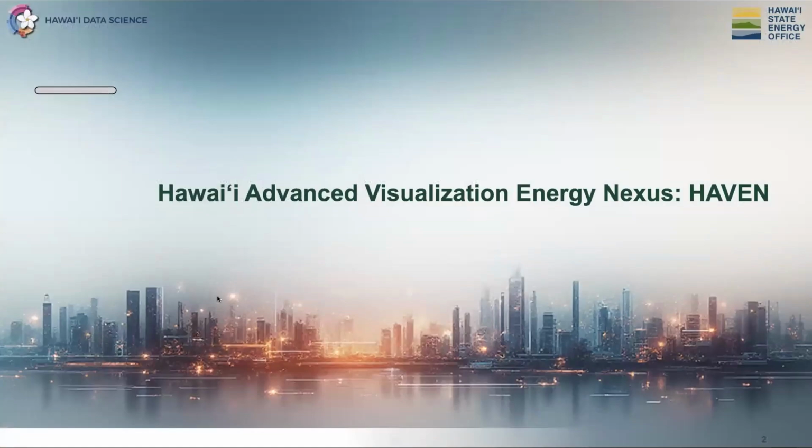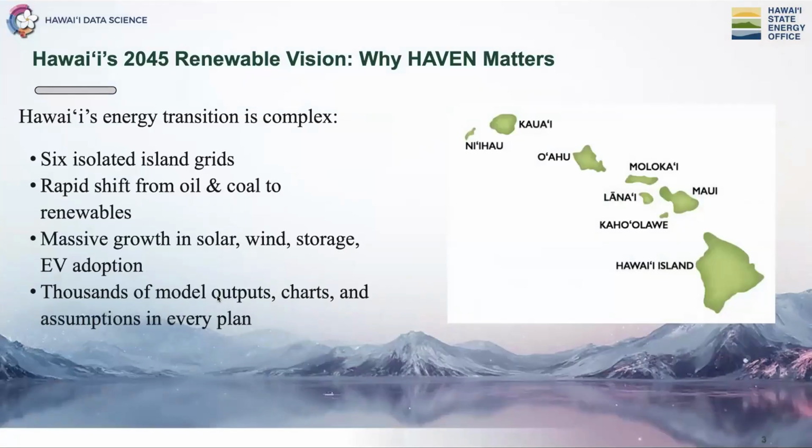Okay, so the project I'm working on with the Hawaii State Energy Office right now is Haven. Haven is a visualization tool that helps people with decision making. So we already learned from Sam's previous speech that by 2045, Hawaii wants to reach net zero carbon emission by using 100% renewable energy. But this transition is